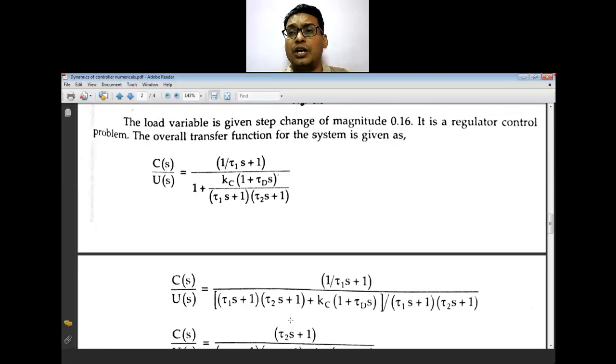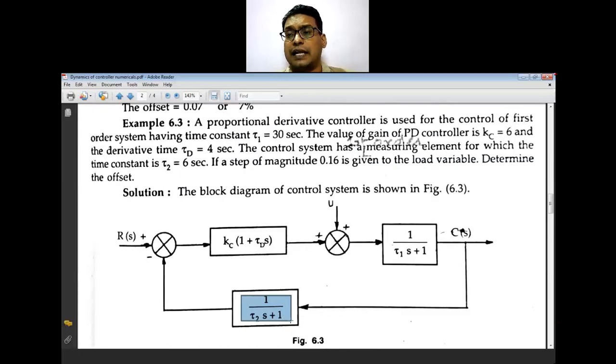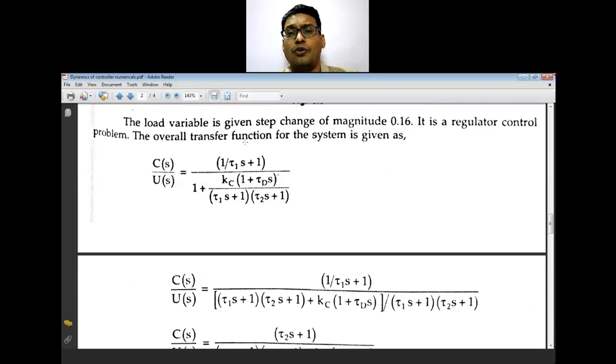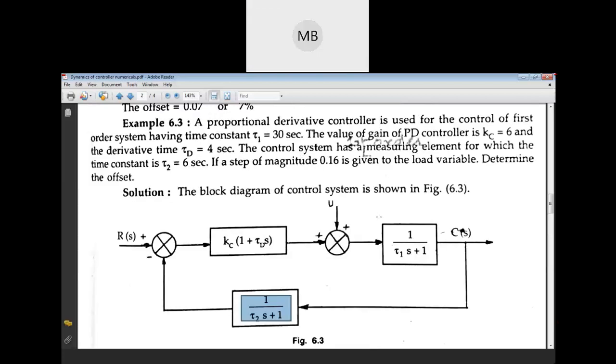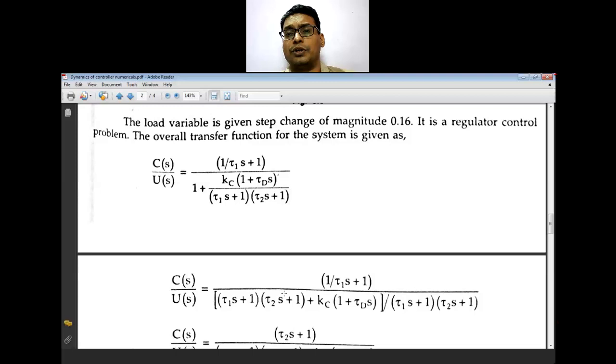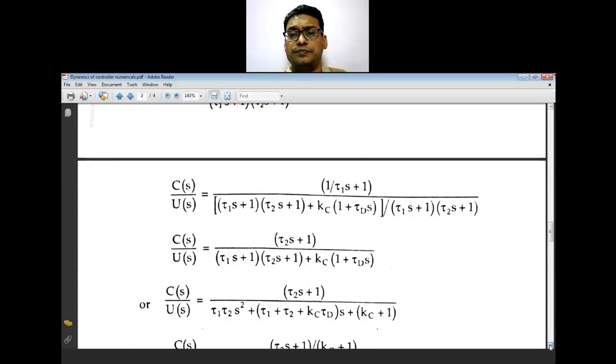So the regulator problem is C(s)/U(s). That is the product of all transfer functions between C and U. So this is only the one transfer function, the first order system, over 1 plus the product of all transfer functions in the control loop. After simplification,